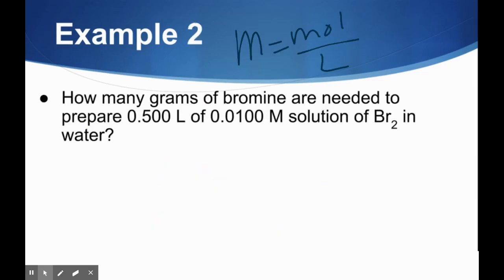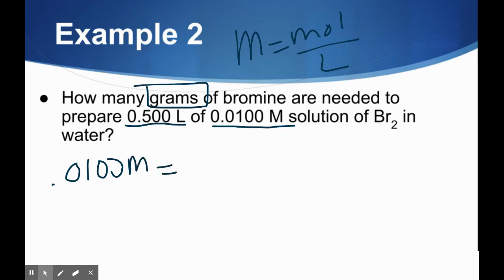Example number 2 says how many grams of bromine are needed to prepare 0.5 liters of a 0.01 molar solution of Br2 in water. So we're given our volume and we're given the molarity of the solution. We're asked to find grams. So we have 0.01 molar equals X over 0.5 liters. Solve for X, and you get